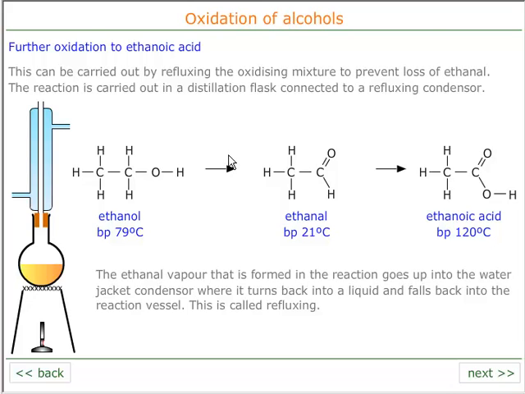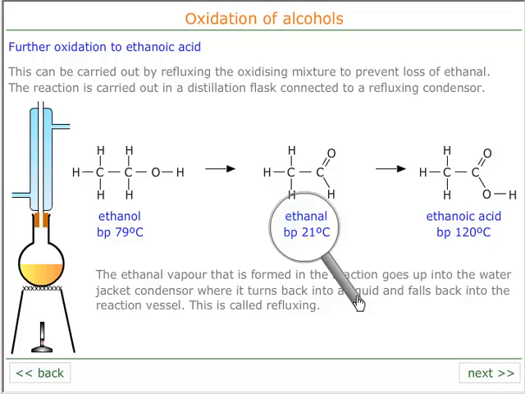In order to make ethanoic acid, we just must prevent the ethanol leaving. We see the 3 boiling points here. Ethanol is 79 degrees, ethanal is 21 degrees, and ethanoic acid is 120. So you can see that if the temperature is kept above 21 but below 79, we should get ethanal being